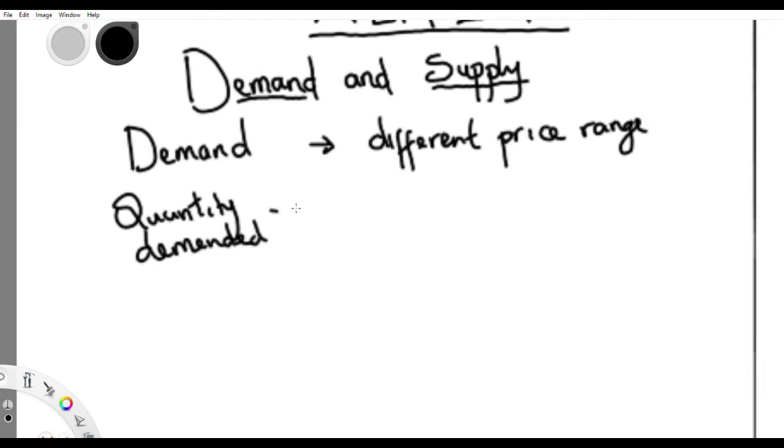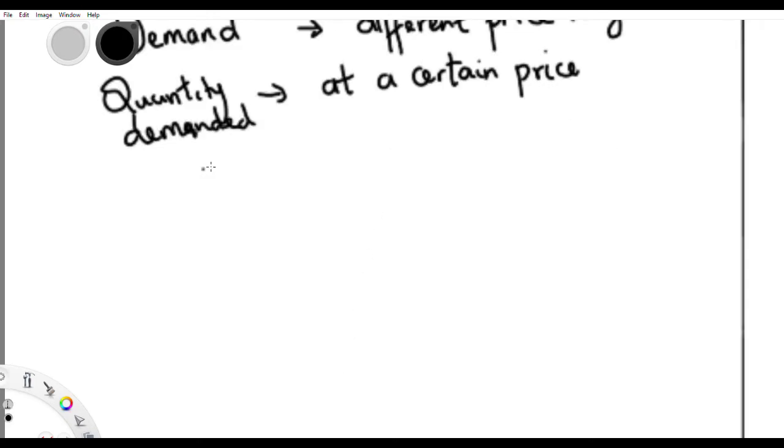Quantity demanded is the willingness of a buyer to buy a particular commodity at a certain price in a given period of time. So that is the major difference between these two. Demand is at all levels of prices. Quantity demanded is at a certain price. Okay, now